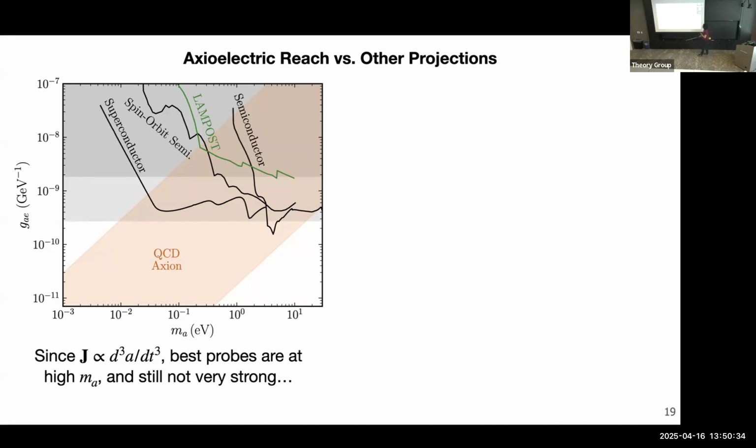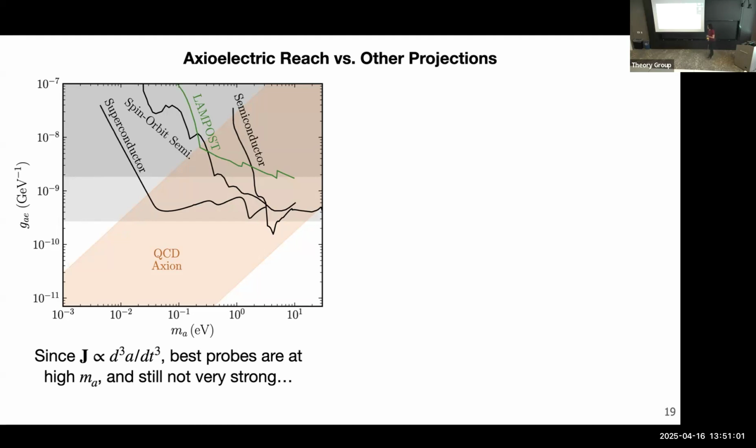And indeed, people have thought a bunch about how to absorb axions in media in this regime. And this is an example of some calculations that have been done recently. The one in our paper was using this dielectric multilayer thing. But the point is that even with relatively optimistic assumptions, assuming that there are no backgrounds and things like that, it is very hard even to beat the existing astrophysical bounds. And that's just because this 3-time derivative thing just kills you.